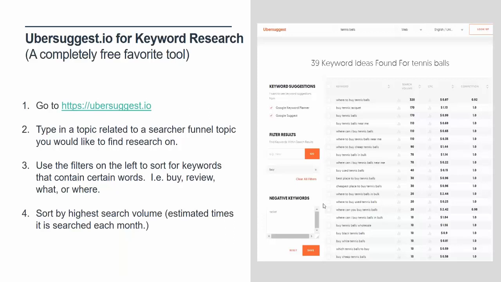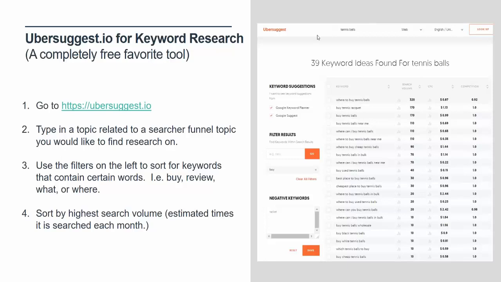So this Ubersuggest tool for keyword research, on the other slide, I did give you 7 examples. I like this one because it's completely free. Here's a screenshot to show you how it works. I'm trying to see if you see my mouse at all. Oh, you do. I think you do at least. Well, anyway, it's the same as before.